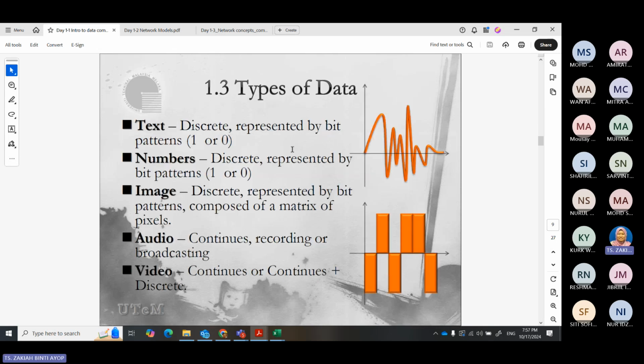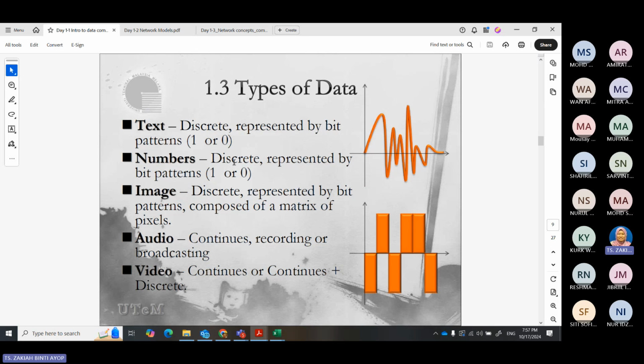What are the types of data? We have text, numbers, image, audio, and video. Sometimes there's a combination, and also conversions of everything, but basically this is the foundation of the data that we have.